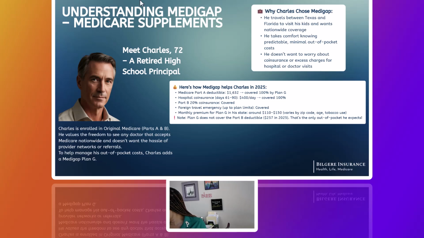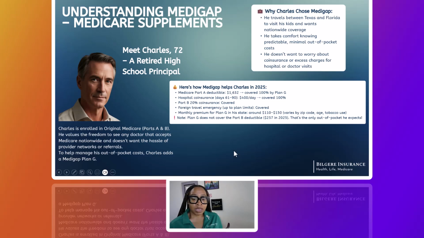So let's go into a little bit more of what Medicare does not cover. Because now, since we're building our house, we have our Part A, that's the hospital, Part B, that's the doctor, Part D, that's our prescription. We've either decided on an Advantage plan to bundle all those together, or we, like Charles, have gotten a supplement plan and are going to add in our Part D. So we figured out those original gaps. Now let's talk about some other gaps that we will see as we age through life on Medicare.